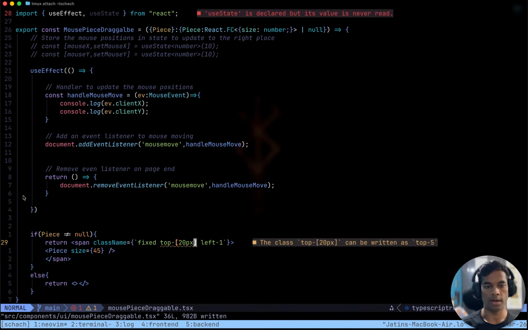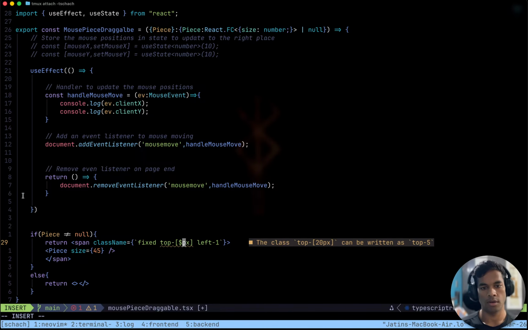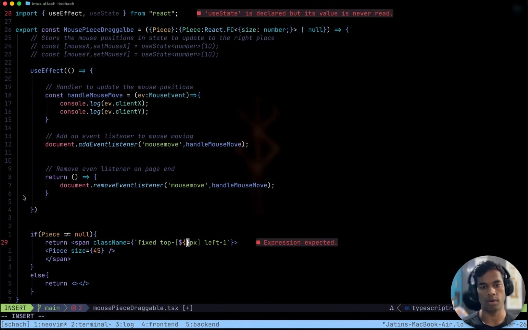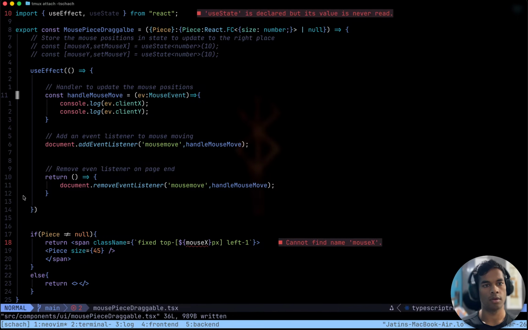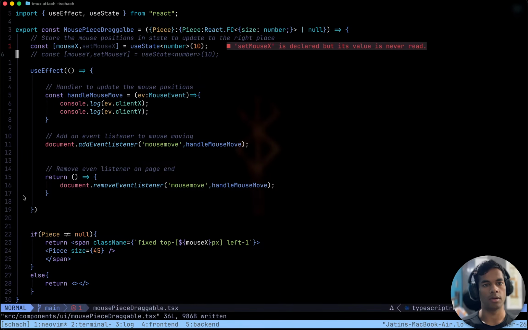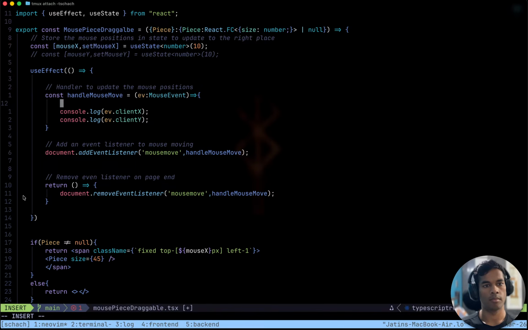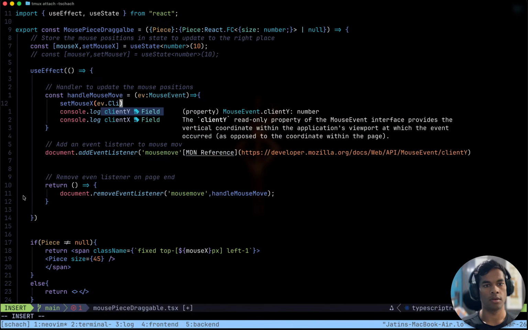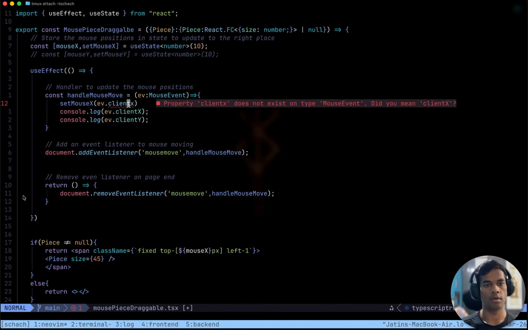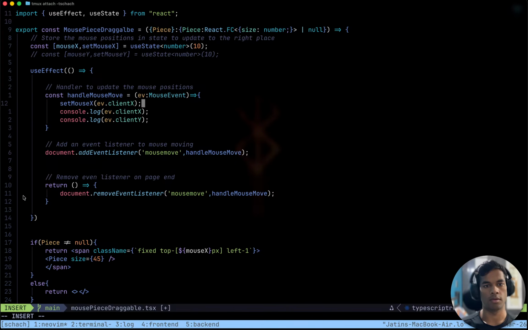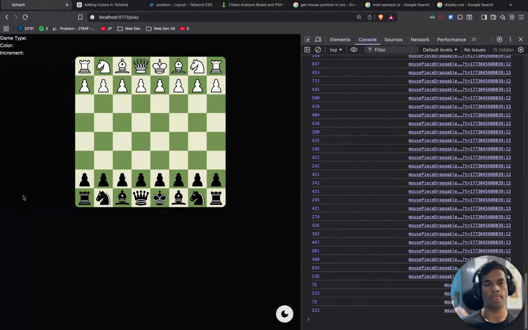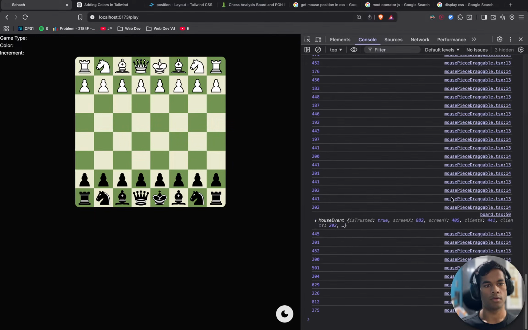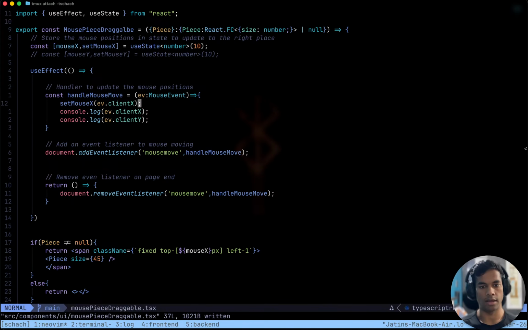Okay, cool. And now we just make this internal number variable, which is mouse X. And let's revive. Set mouse X to ev dot client X. Yep, that is wrong.